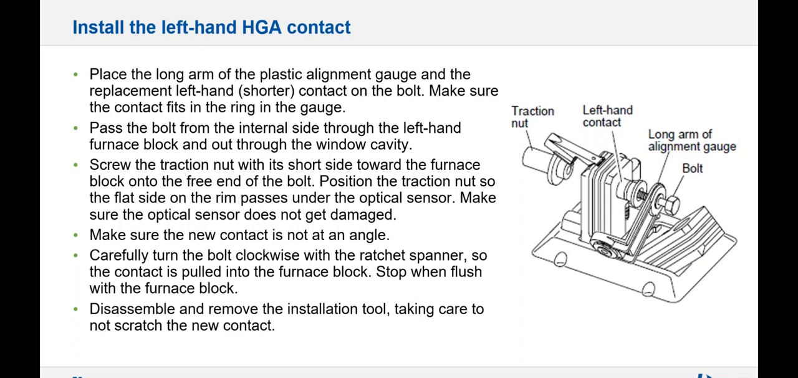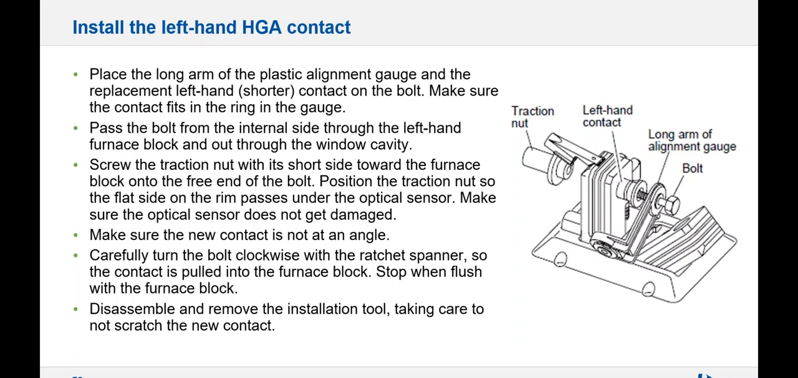Now, to install the left-hand contact cylinder, you place the long arm of the plastic alignment gauge and the replacement, which is the shorter contact, on the bolt. Make sure the contact fits in the ring on the gauge. Pass the bolt from the internal side through the left-hand furnace block and out the window cavity. Screw the traction nut with the short side toward the furnace block on the free end of the bolt,